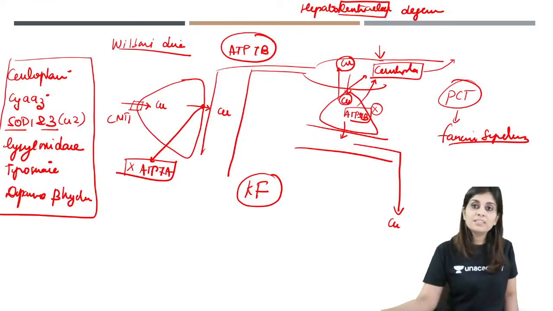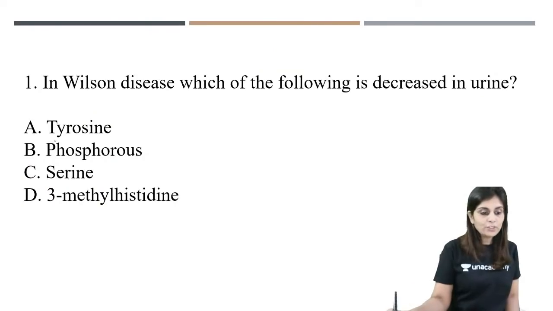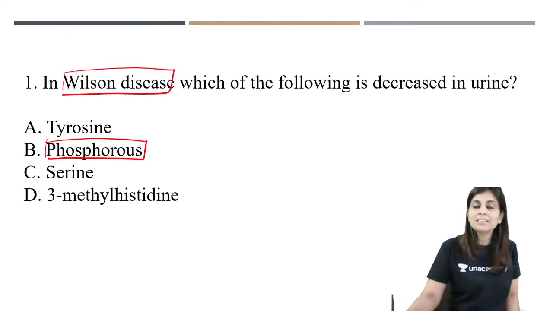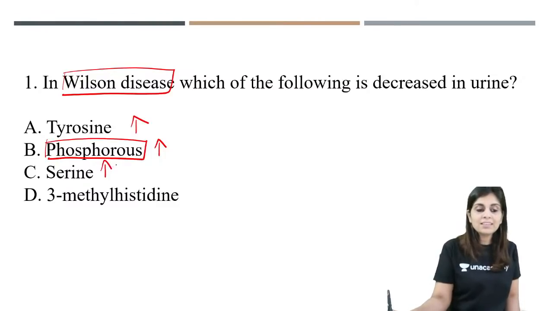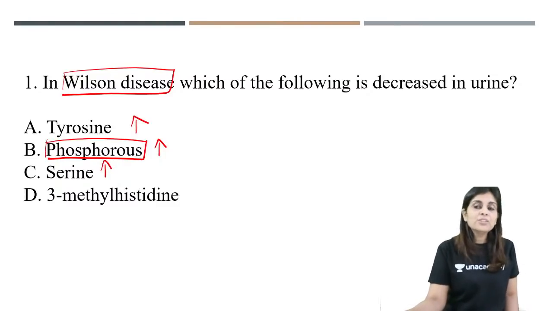So when I say Fanconi syndrome, what do I mean? I mean to say PCT fails to reabsorb all solutes. So what you observe here is glycosuria, amino aciduria, phosphaturia. Do you remember, one of the choices here is phosphorus. So I want you to know Wilson's disease presents like Fanconi syndrome. So phosphate level in the urine is increased and many amino acid levels in the urine will be high, including serine and tyrosine. Okay, so there are many studies done for amino acid profiling in Wilson's disease,